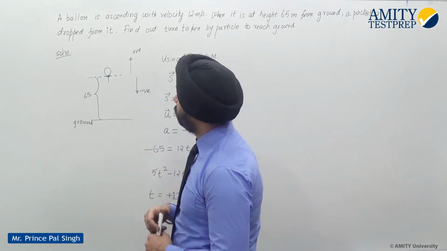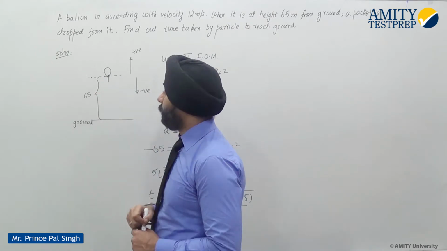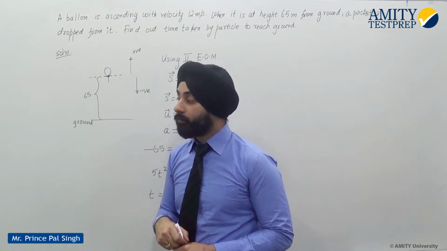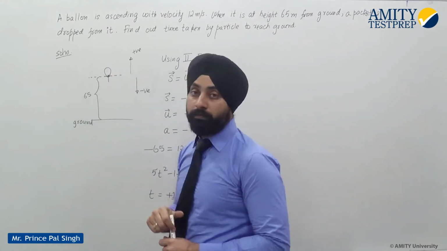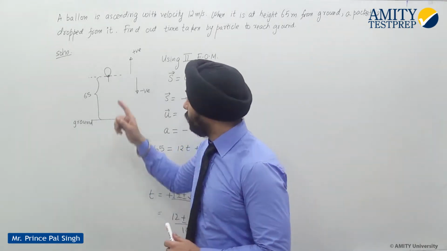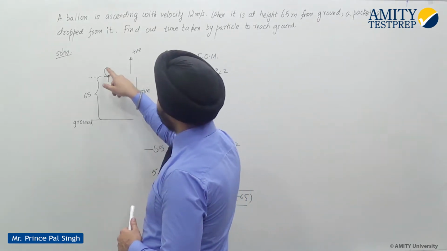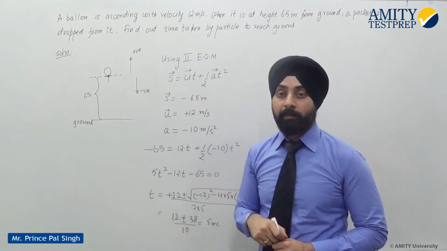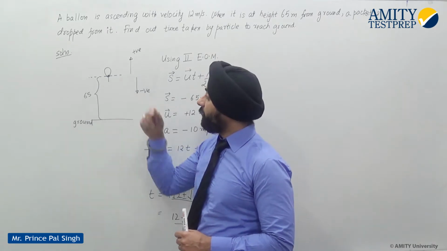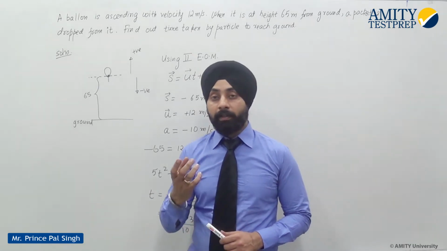Here is the figure. Let's say this is the ground and the balloon is rising up. When it reaches the height of 65 meters, a packet is released from it. The packet is released from the balloon. That is, the velocity of the packet which is released is equal to the velocity of the balloon. Then the balloon rises up with the same velocity, 12 meters per second, but the packet which is released from here, initially when it is released, has the same velocity as that of the balloon,